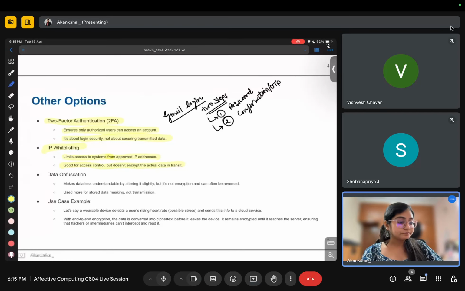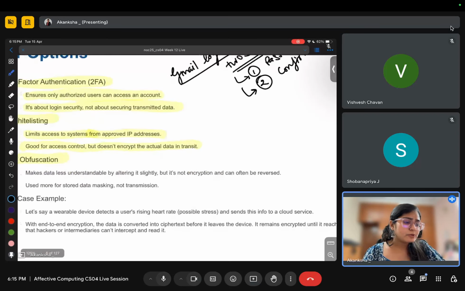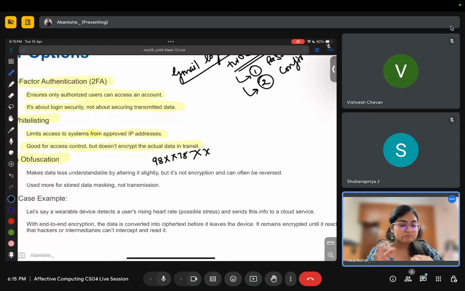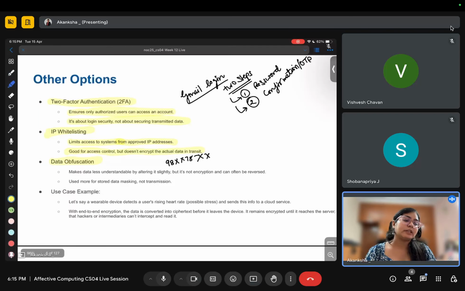Then data obfuscation, that means you make certain changes in the data. For example, maybe you change a digit in the middle, like 7, 8, or you just have missing bits, or you twisted the data somehow, changed some alphabets here and there, so that it makes it less interpretable.